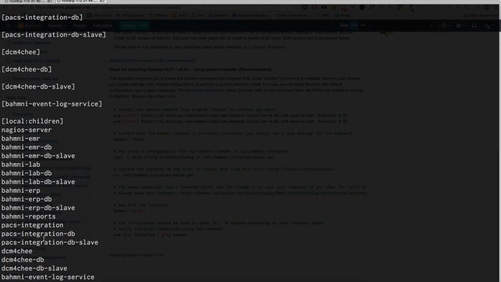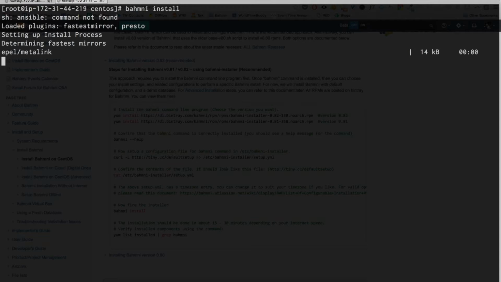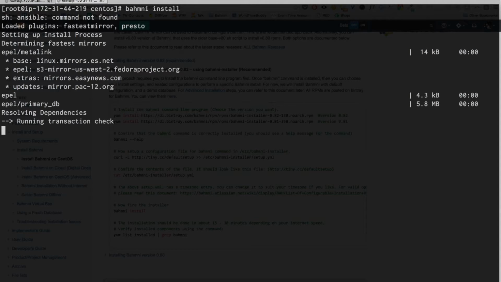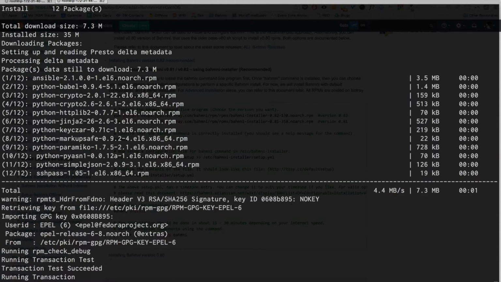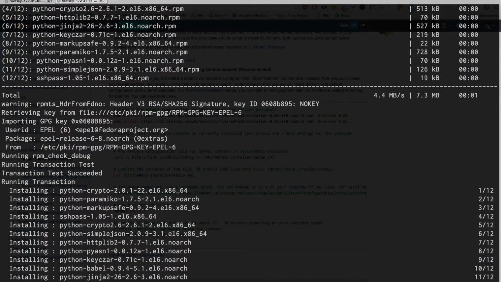Okay, so now that this part is clear, let's just run the installer. So to run the installer, you basically say Bhamni install and enter. What it will do, it will read that local file and the setup.yml and start installing. And it will use Ansible under the hood to perform the configuration and setup on your machine. So let's press enter and see. So it's saying Ansible not found, so it will install Ansible too. Ansible has been written in Python and therefore depends on certain Python libraries, so Python also gets installed.